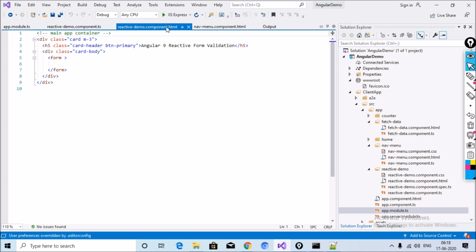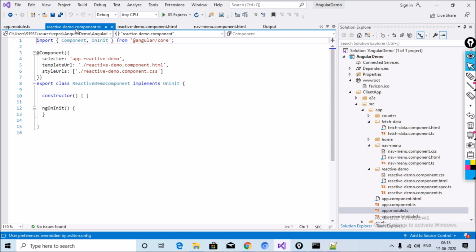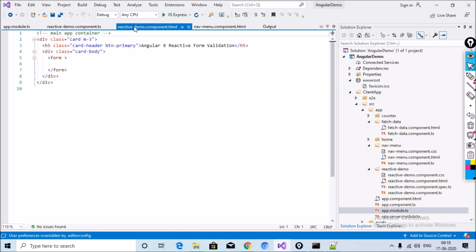Let's start the implementation of the form from here. The reactive demo component HTML part and the reactive demo component TS part are side by side.